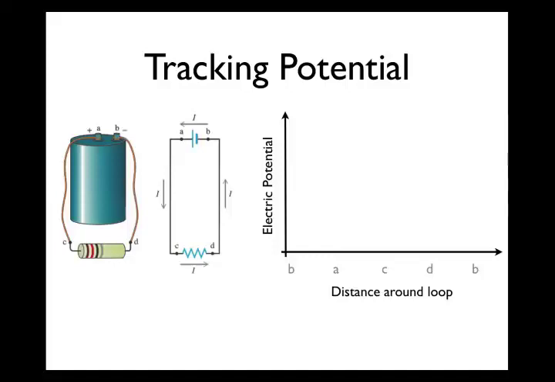So let's see, back to this electric potential story. We start at B and we go through the battery to A. That's an increase in electric potential. There it is on the graph. Notice I have no numbers on this particular graph, so if we looked at values of electric potential, you would have some value at B. Often it's chosen to be 0. And then it increases up to some higher value at A, and that increase is fairly linear